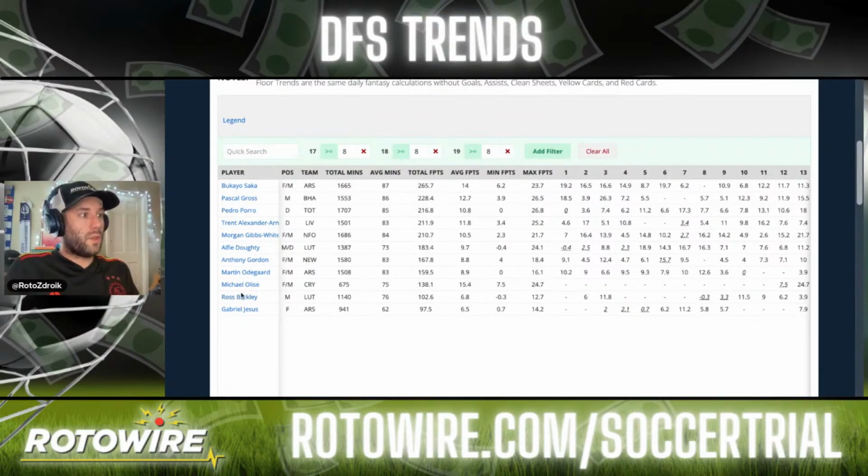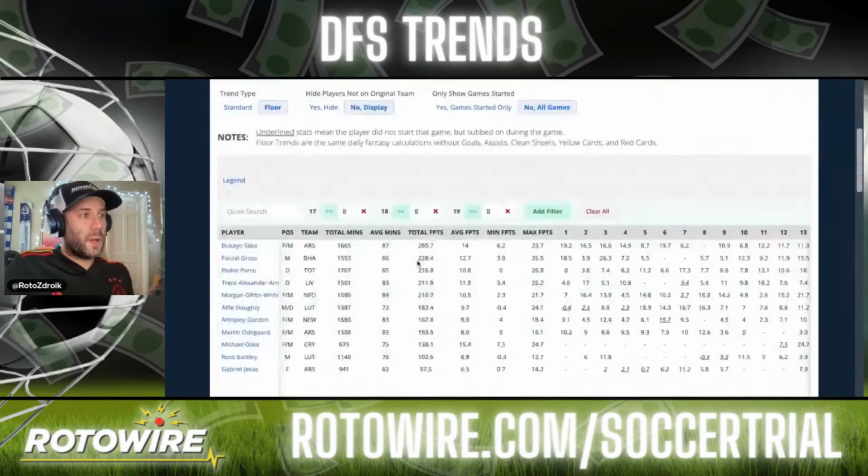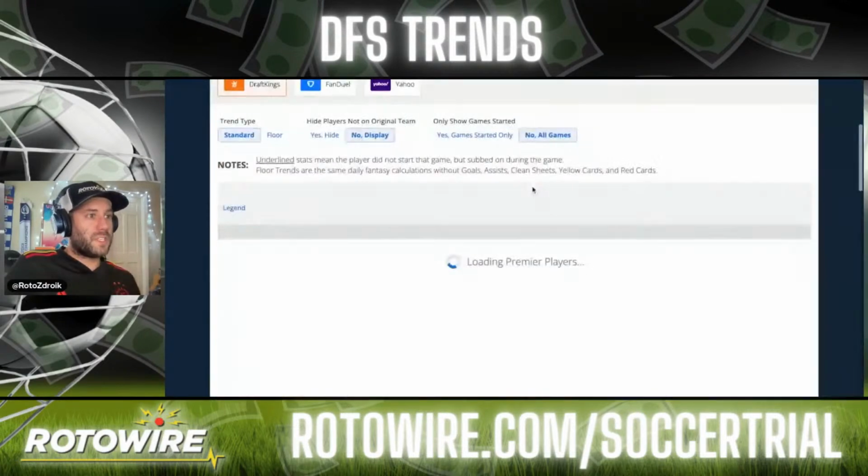Surprisingly, one of those players is Ross Barkley. Also, Gabriel Jesus is on this as well. And then pretty much your great floor players. I'm still under floor points here, but you can get the sense of what you can do with this DFS Trends page.